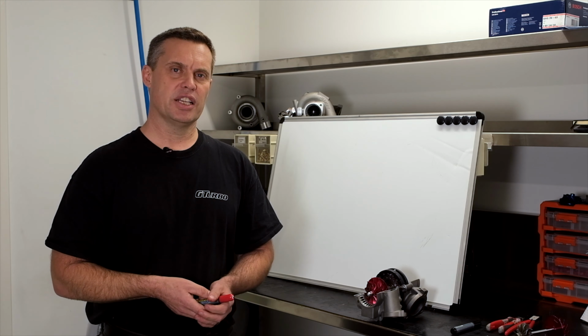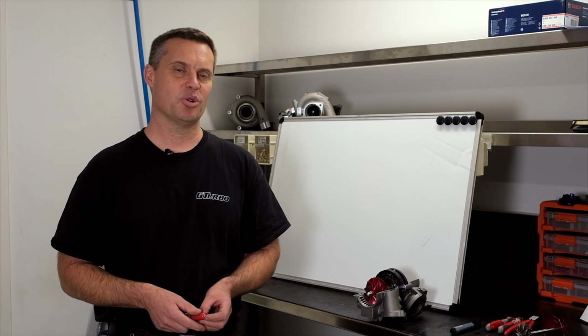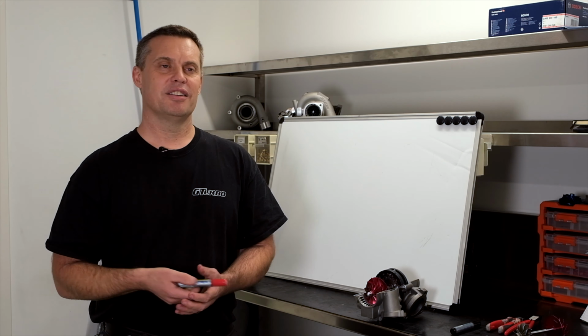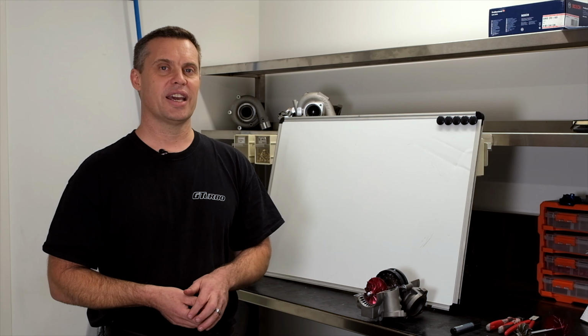So anyway, we made that, and then at the end of 2011 or 2012, I started looking at the VDJ70. But I thought, fantastic, a 4.5 litre V8. It's got to have a whole lot of performance potential. So then we started looking at the VDJ70 turbocharger,